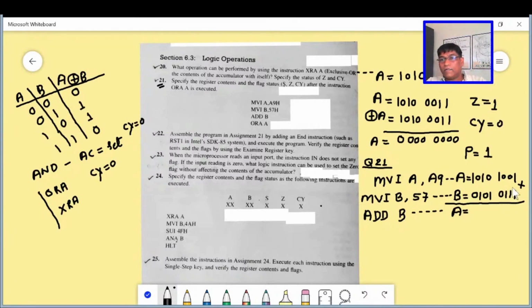Now you can add the numbers. As you have given the answer, the accumulator content will be 0000, and carry is generated. Carry will be 1.